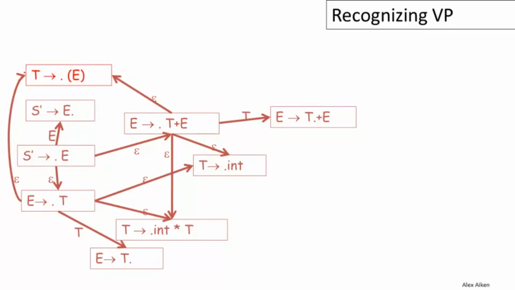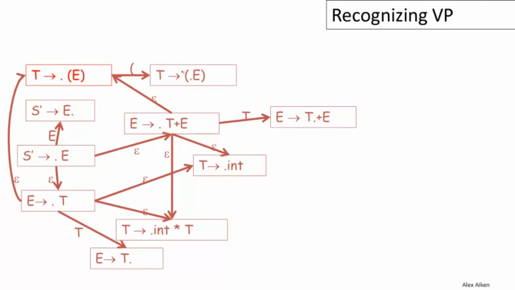Now let's focus on this item here. T goes to dot open paren E close paren. Well, there's only one possible move here. So this is only a terminal. It's not a non-terminal. So there's not going to be any possibility of having something derived from open paren. We just have to see the open paren in the input. So there's only one possible transition here, which is that we see the open paren on the stack, and the